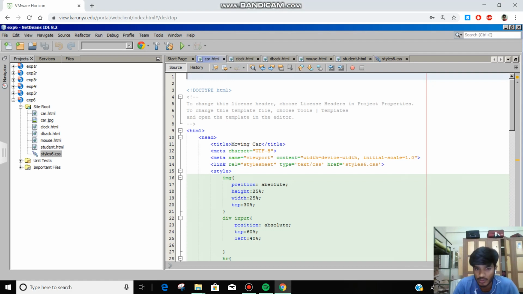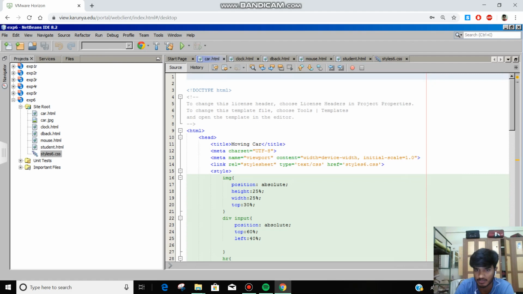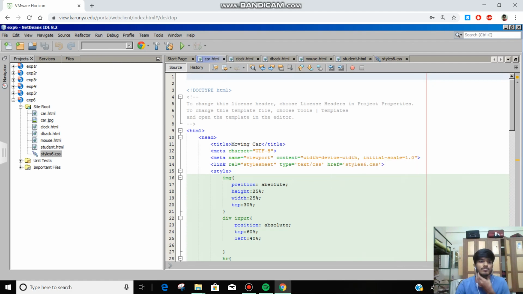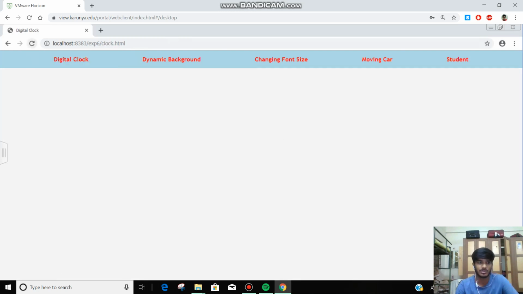Now we're going to discuss the next experiment in web technology, that is JavaScript timer functions and objects. First I'll show you the output, and then we can come and discuss the code. So you can see the first thing we need to create is a